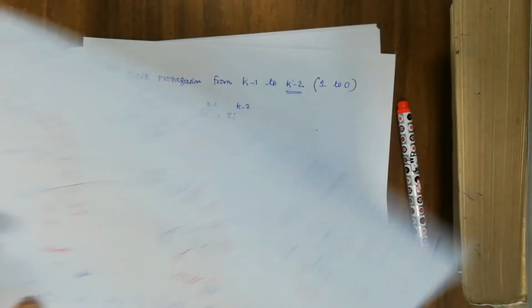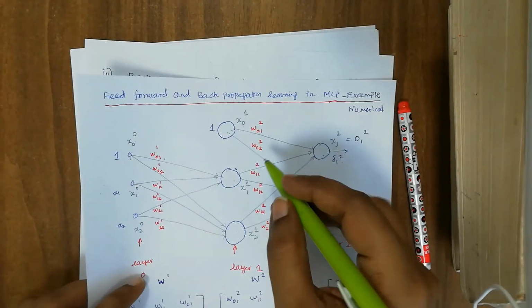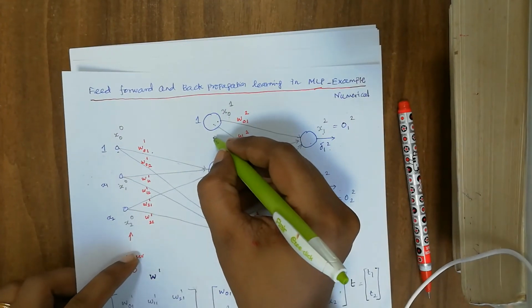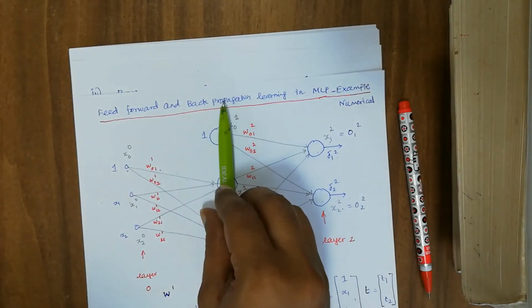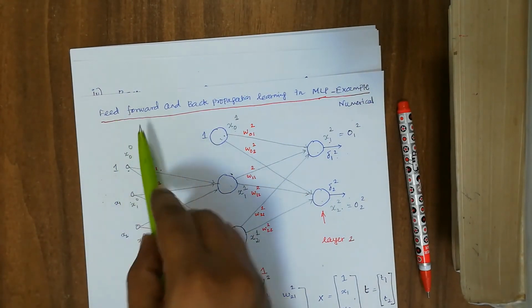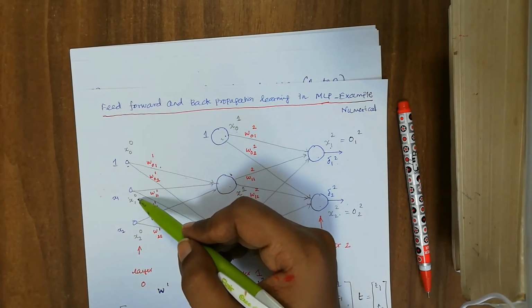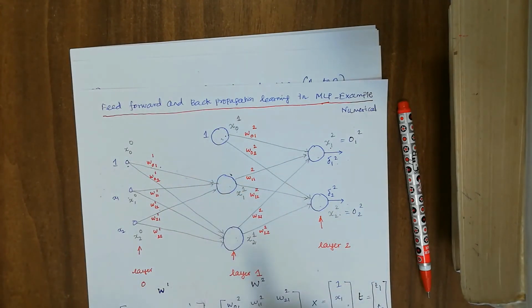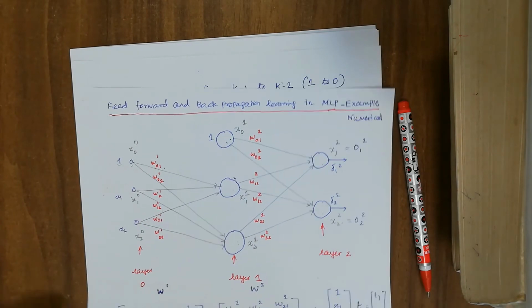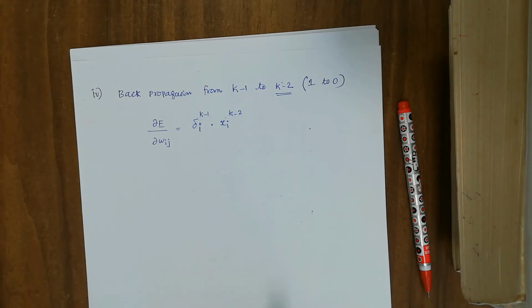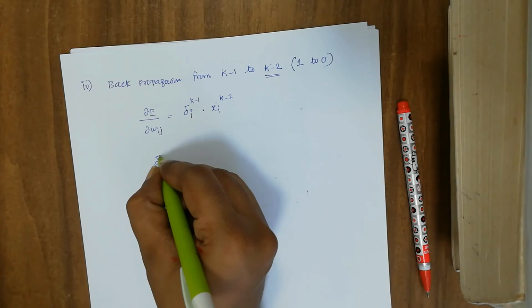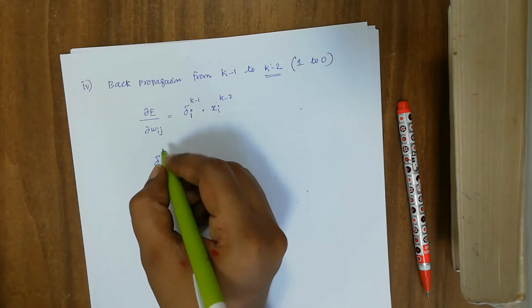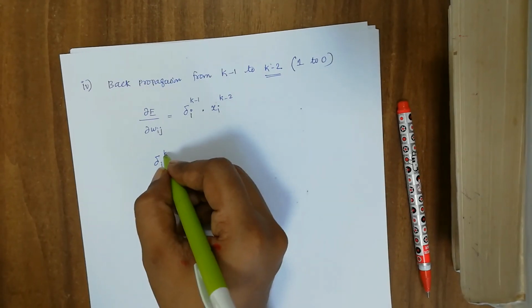So what is the previous layer? Now we have to calculate what the del is. So what is the del value here, and then this has to be multiplied by the previous values, which are x0 0 and then x1 1 and then x2 0. That's it. So this is the simple ideology. Now let us do that. In order to do that, what we have here is the simple del value, so del i, okay, del i k minus 1.